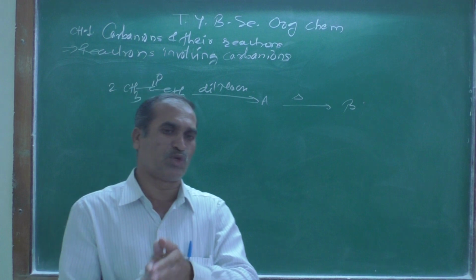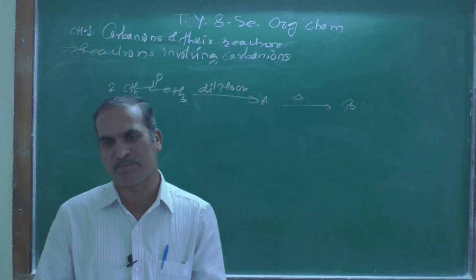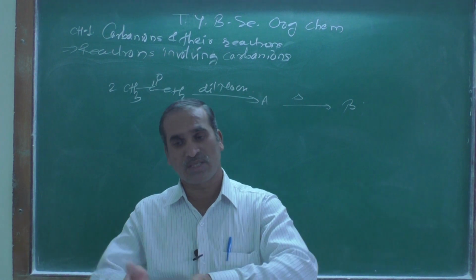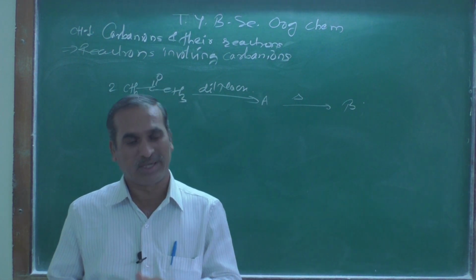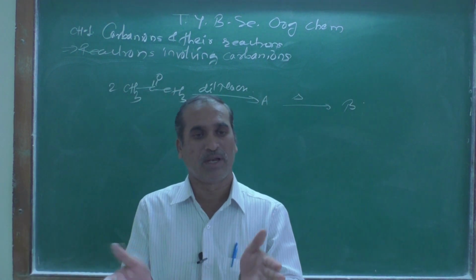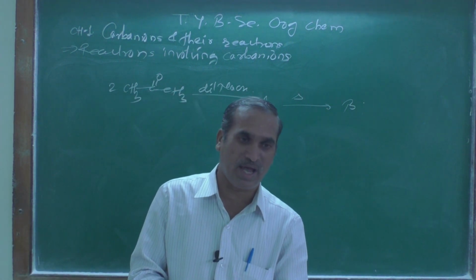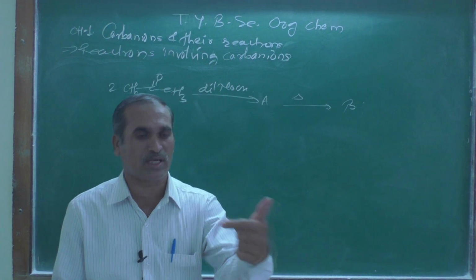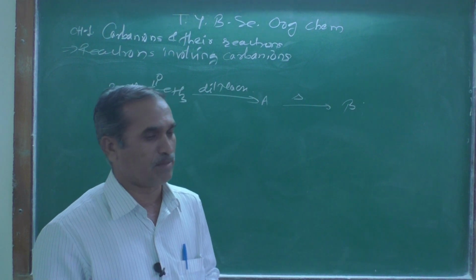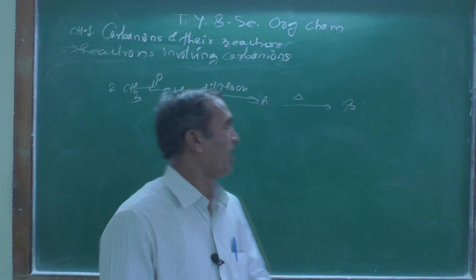And as we know, aldols are very unstable compounds. Just heat it at 100 degrees centigrade, there is an elimination of a water molecule, and the resulting compound formed is very stable. That compound is referred to as an alpha beta unsaturated aldehyde or ketone, or we can call the common name of this compound a chalcone. And therefore